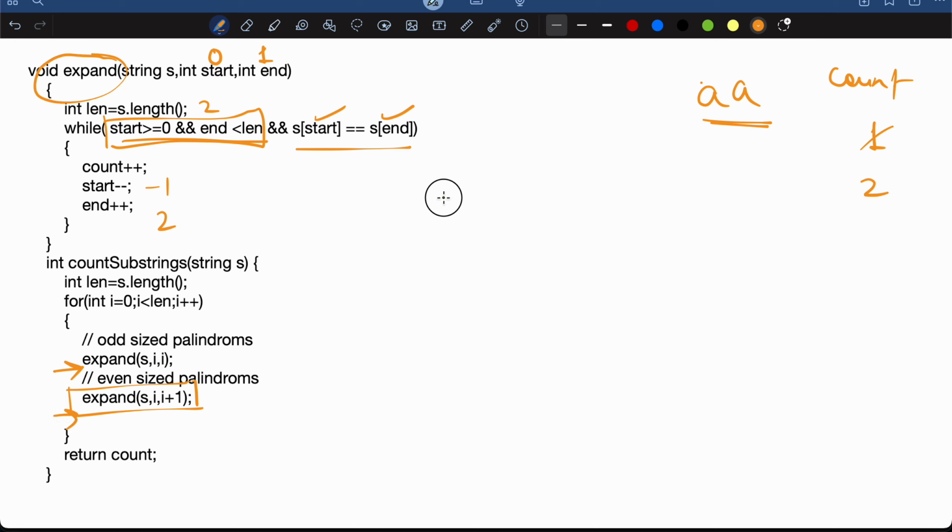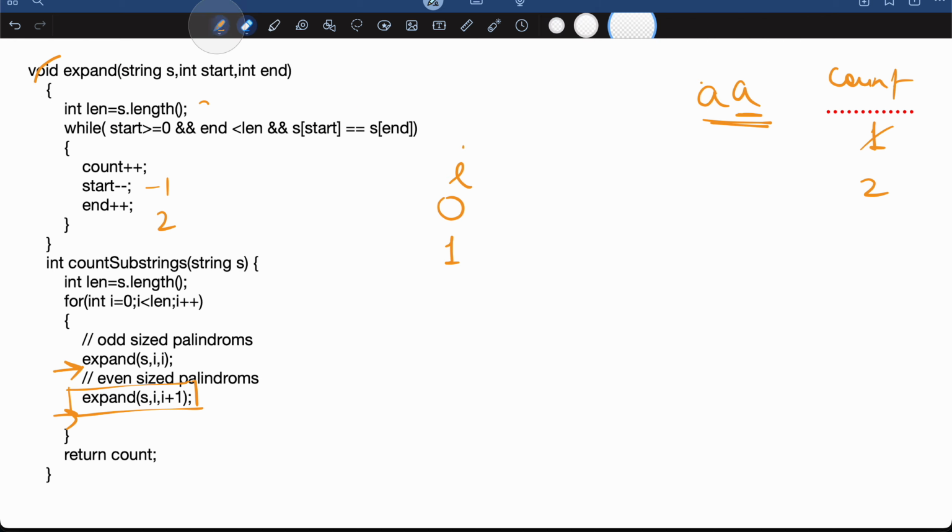here, and the zeroth iteration, when i is 0, is completed, and we will move on to the next iteration when i is 1. Now I will pass 1 1 here, and I think I will get one more count from here. This will become true, this will become true. 1 is less than 2, and 1 is greater than or equal to 0, and same character, this will also become true. Count will become 3,